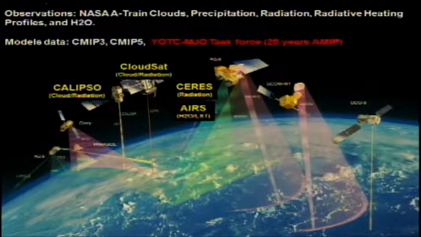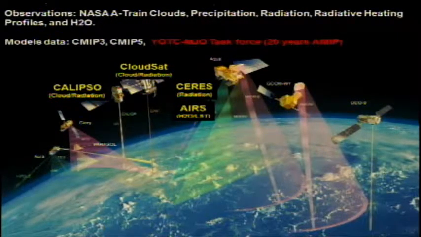So I'm going to focus more on the new data set, which we call the YOTC MJO Task Force. We use the 21 related models. That is the model set particularly generated for the MJO study. The CMIP3 and CMIP5 model data do not have the radiative heating, so they cannot really be used to study the vertical structure. The MJO Task Force does offer very detailed daily heating rates for 20 years. So we can take advantage of this model,